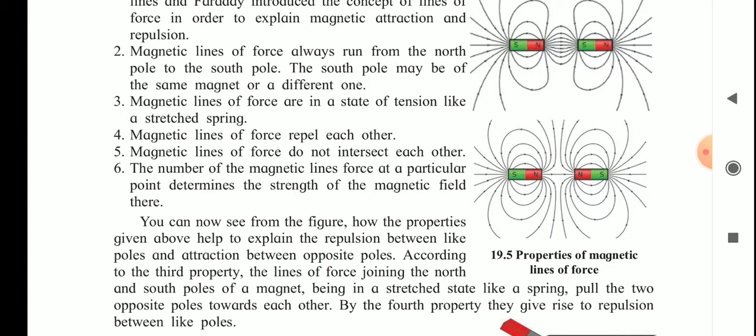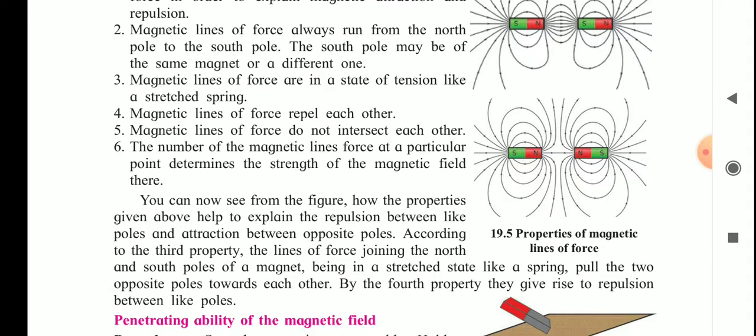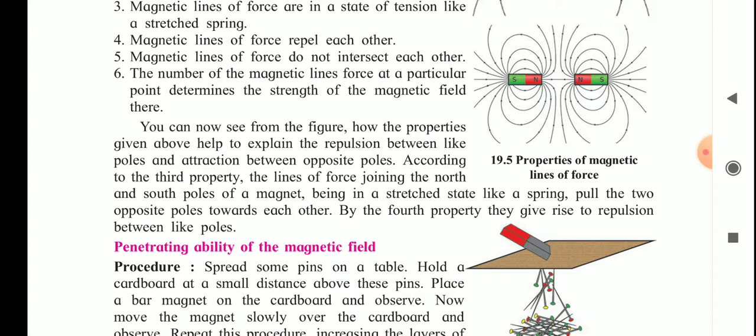The number of magnetic lines of force at a particular point determines the strength of the magnetic field there. So you can see from the figure how the properties given above help in explaining the repulsion between the like poles and attraction between the opposite poles. According to this property,